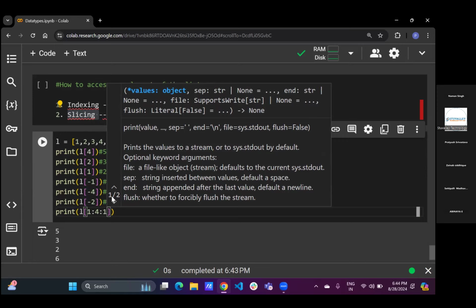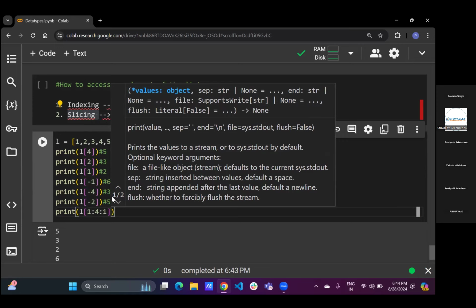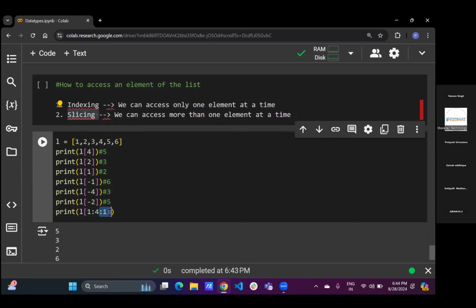ठीक है, इसके बाद मैं स्टेप दे रहा हूं 1। ठीक है, स्टेप का मतलब यहाँ पे क्या है, स्टेप का मतलब यहाँ पे होता है कितने एलिमेंट हमको स्किप करने हैं। स्किप करने का मतलब क्या है, अगर मैंने 1 दिया, 1 मीन्स कोई एलिमेंट स्किप नहीं करना। So here 1 means I don't want to skip any element. ओके, सेम एज इट इज इफ 2 इज देयर, अगर 2 है तो कितने एलिमेंट स्किप होंगे, 1 एलिमेंट स्किप। अगर 3 है तो कितने होंगे, 2 होगा।